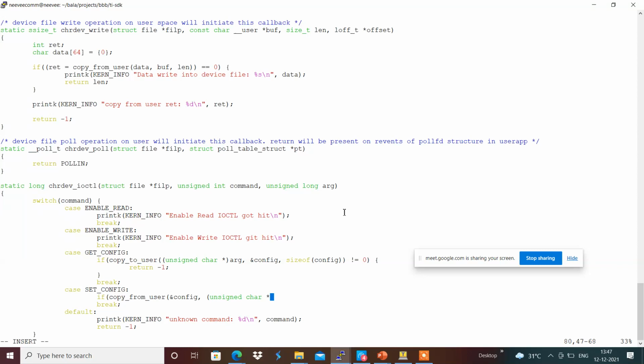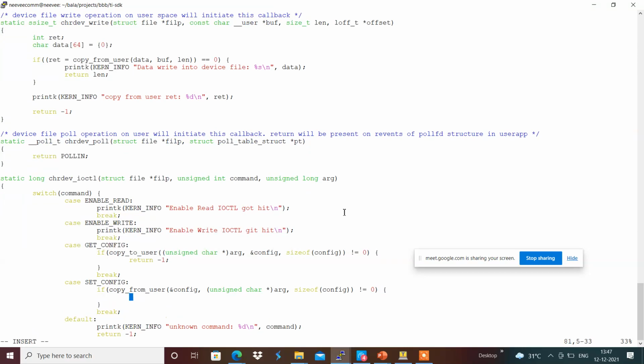If the return is not equal to 0, then printk KERN_INFO getting config failed over here,